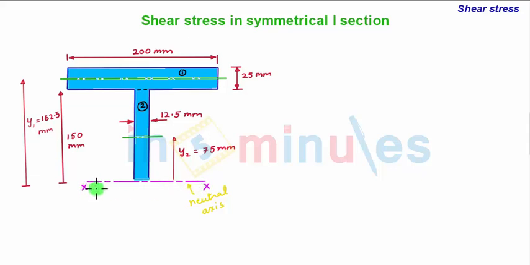Now to determine the shear stress at the centroidal x-axis or neutral axis, we have considered the part of the section above the neutral axis. So that part of the cross section is shaded in the figure. Now the shear stress at the neutral axis, which is also your maximum shear stress, is given by the formula